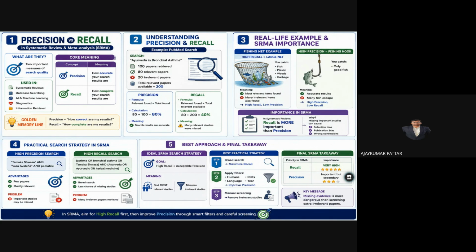So you can use only that kind of search strategy. It will only catch the fishes. So accurate results are there, but many fishes may escape. So here high precision is there, but low recall is there. So the final conclusion, the takeaway point in this particular slide, is that in systematic review, recall is more important